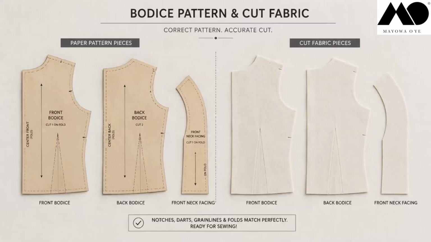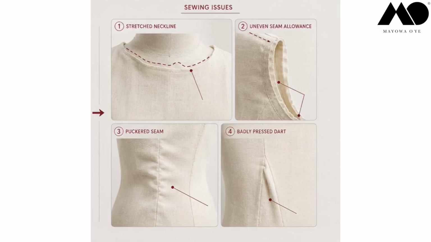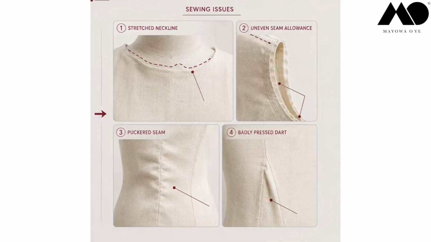Now let's talk about sewing and construction problems. This is where the paper pattern may actually be fine, but something happens when the garment is cut or sewn. A sewing problem can come from cutting inaccurately. It can come from not marking properly. It can come from stretching the fabric while sewing. It can come from using the wrong seam allowance. It can come from not pressing while sewing, and this is a common one. It can come from sewing the pieces together slightly off balance, and it can come from not stabilizing an area